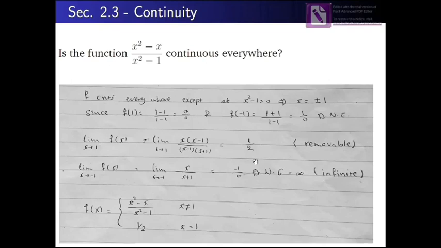and they are equal, so we conclude this function is continuous at x is equal